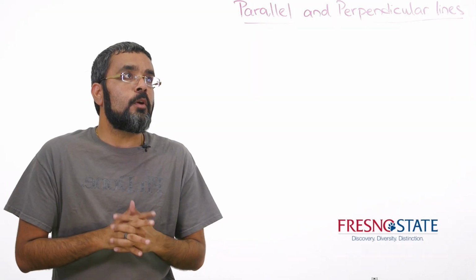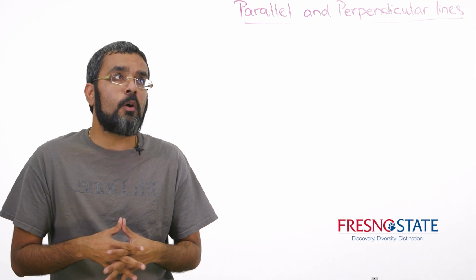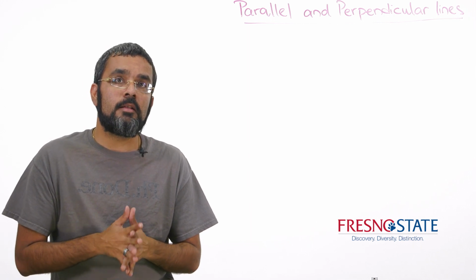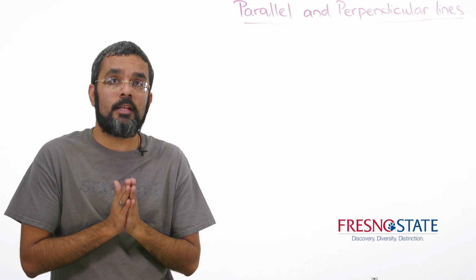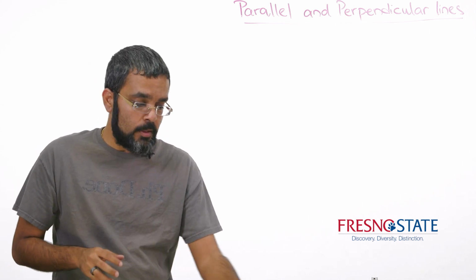Hi, so in this section we're going to look at parallel and perpendicular lines. So what are parallel lines? If you recall from algebra, parallel lines are lines that never meet. They just run side by side alongside each other. And perpendicular lines are lines that, when they meet,